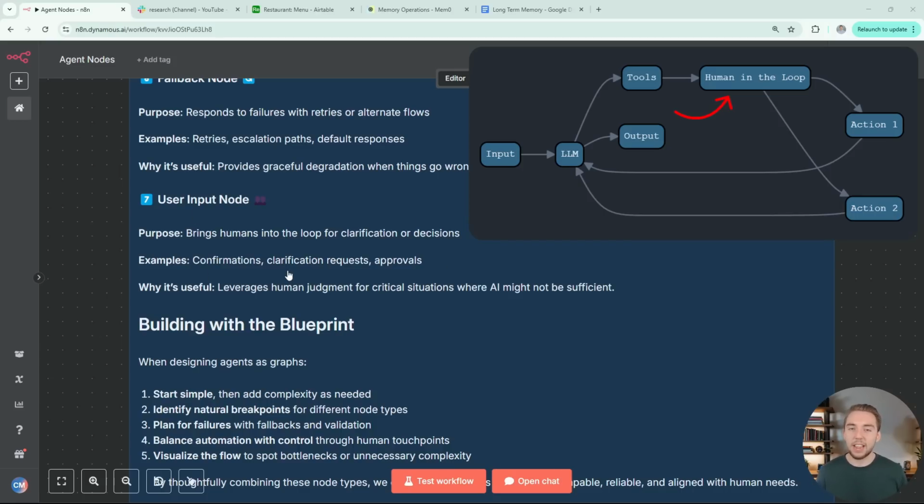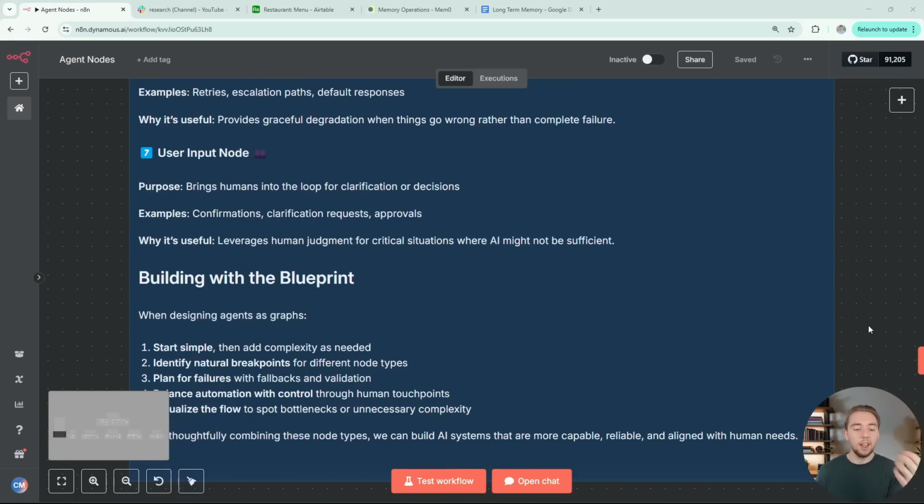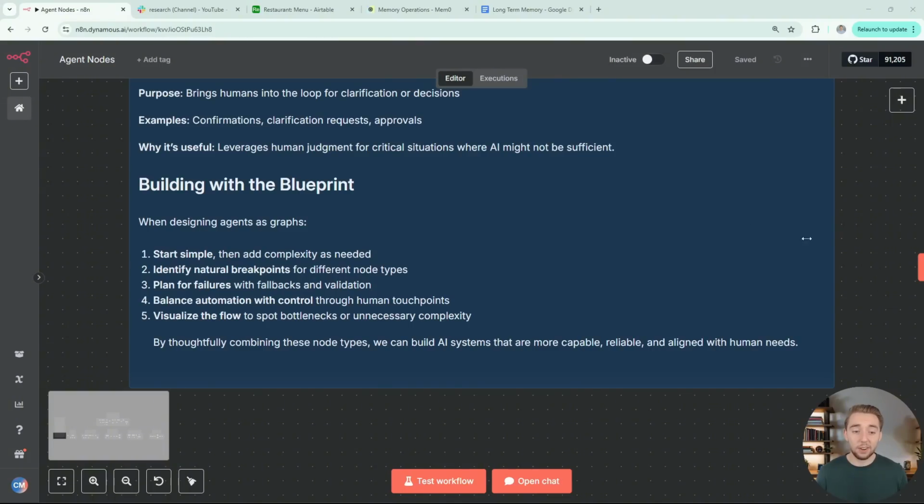This kind of interrupt that we have is called human in the loop. It's an interrupt in our agentic workflow, waiting for the input from the human before we continue. And I'll show you what that looks like as well. So these are all of the 7 nodes, and we're going to dive into an example for each of them. And then at the end, I'll go back to that more complex example and combine everything together